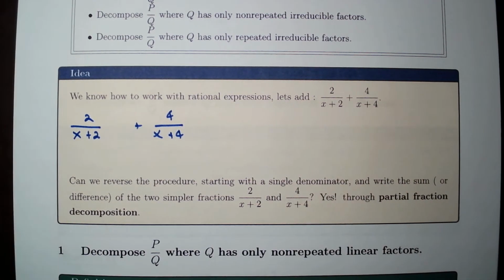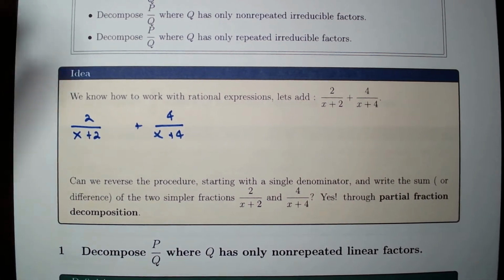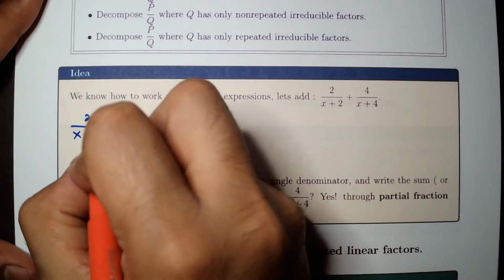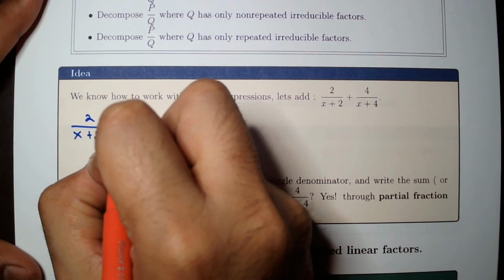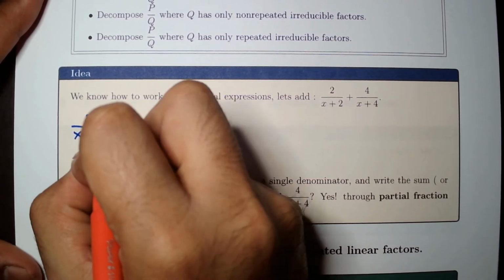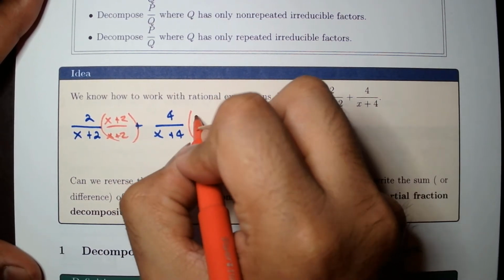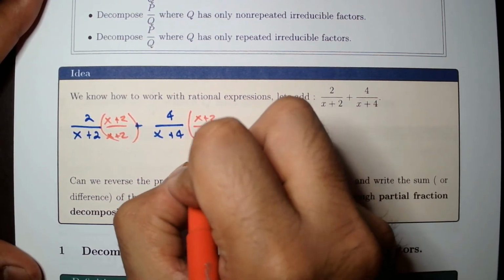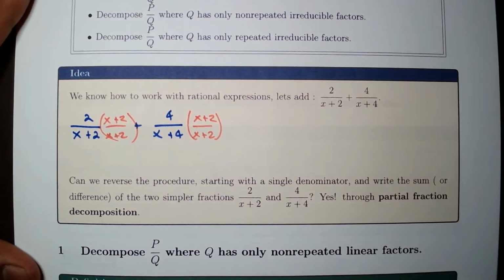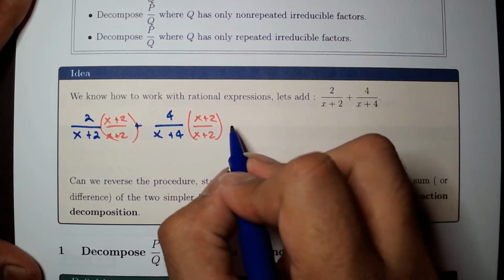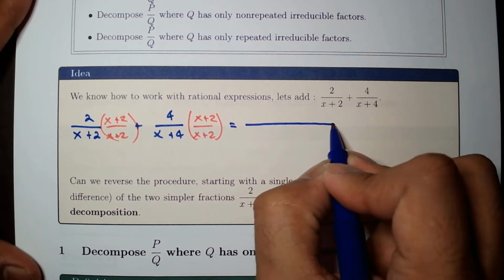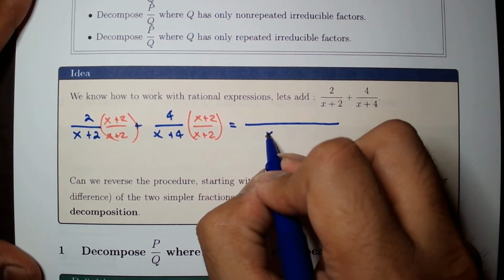Alright, so in this case we would need to multiply by missing factors. The missing factors are each other's denominators, so x plus 2 over x plus 2, x plus 2 over x plus 2. Okay, so now that we have the same denominator, all we do is write a big fraction with the LCD below